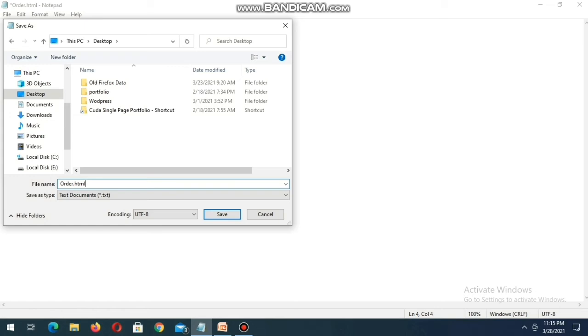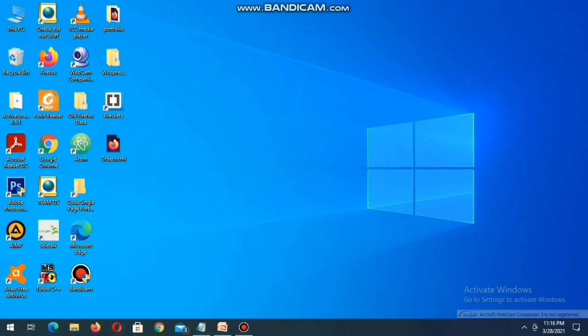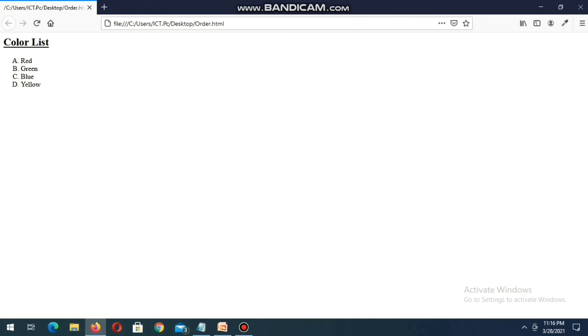If you do not give the extension, then it will be saved but not in HTML format. It will be saved in document format. It cannot be run by a browser. For this reason I give .html here and then click the save button. Then you see there is a Mozilla Firefox icon and its name is order.html. Just double click here, same color list: A red, B green, C blue, D yellow. This is the color list.